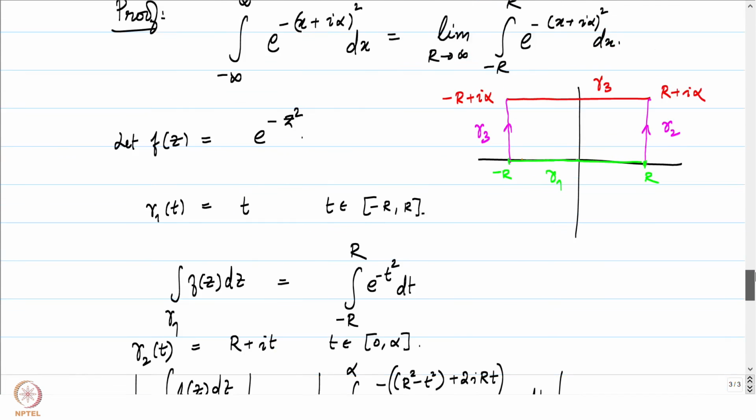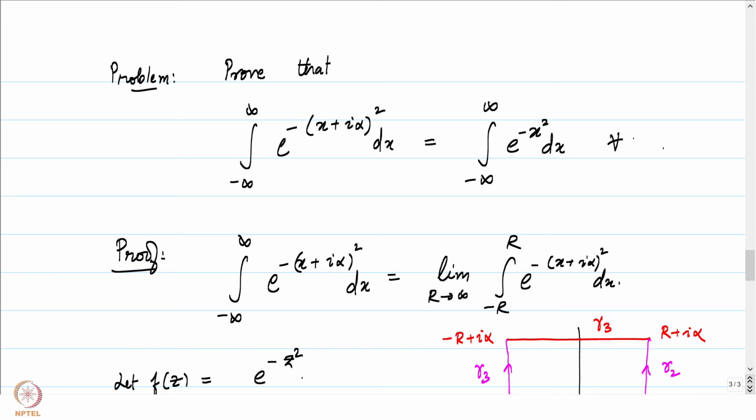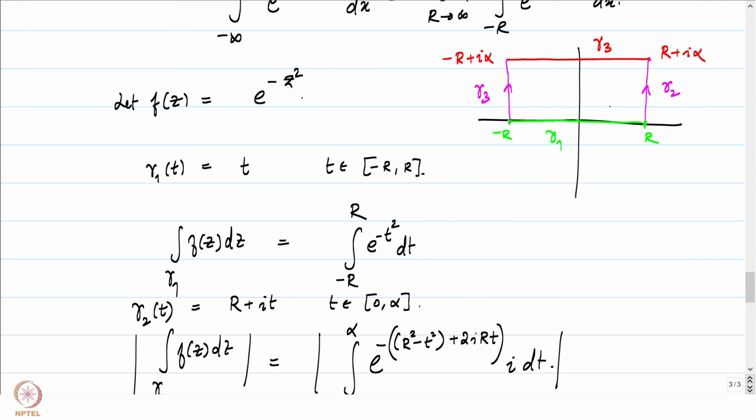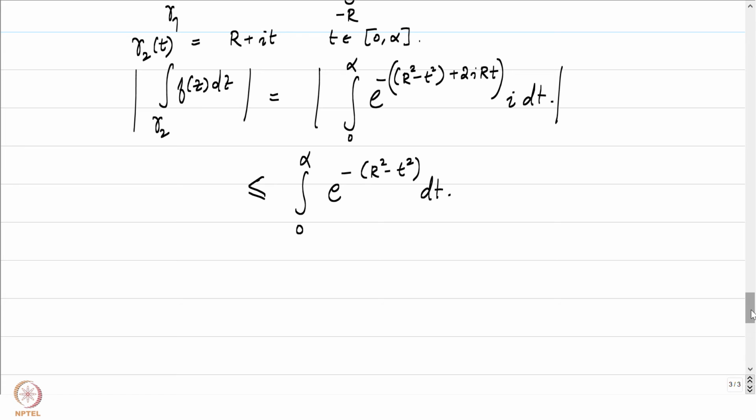So notice again that alpha is not necessarily a positive number. Oh, I didn't write that in the problem. For all alpha in R, we have not put any restriction on alpha being just a positive number. Alpha could be any real number. This is true. So the figure that we have drawn might not be representative. It could have been the case that gamma 3 is in the lower half plane rather than in the upper half plane. However, whatever conclusion is being drawn here is going to be right. So if alpha is actually a negative number, the curve gamma 2 would be r plus i t, where t is from alpha to 0 because alpha is a negative number.